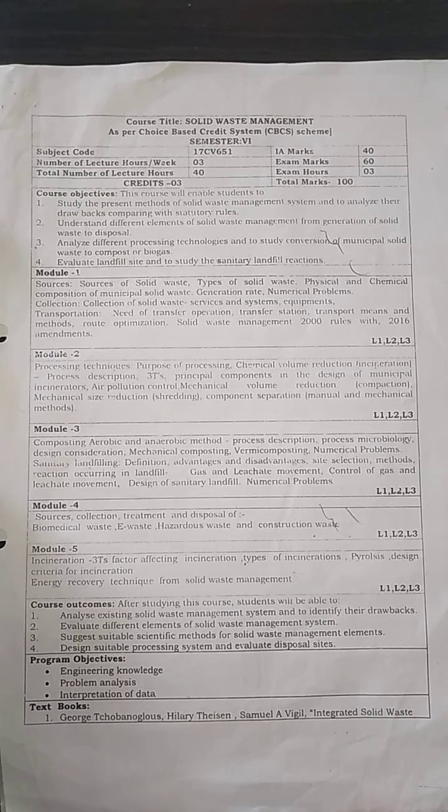Now we will see what are the advantages of incineration. Incineration is going to reduce the volume of waste material by about 95 to 97%, and the product that we are going to get from the incineration, the ash, can be used for brick making, then clinker, all these things. And again the heat produced can be used to boil the water and get the steam out of it, and electric energy can be produced out of it. So these are the different advantages that we are going to have from the incineration.